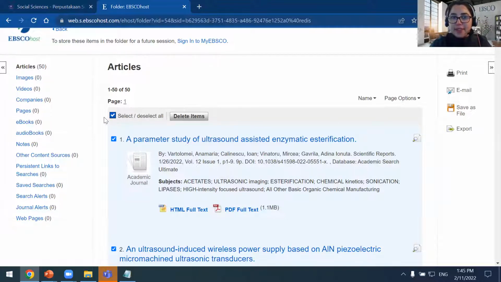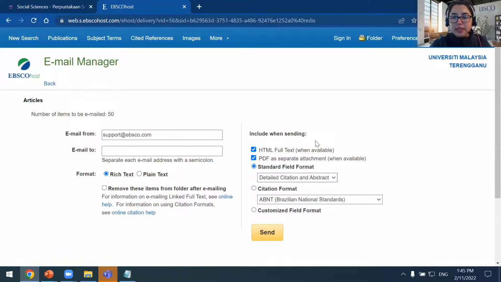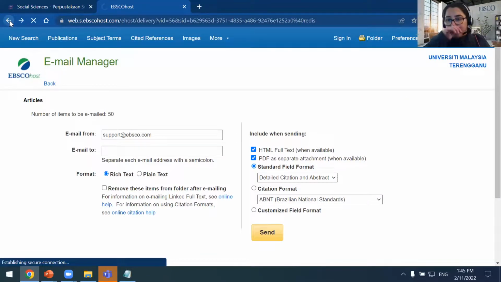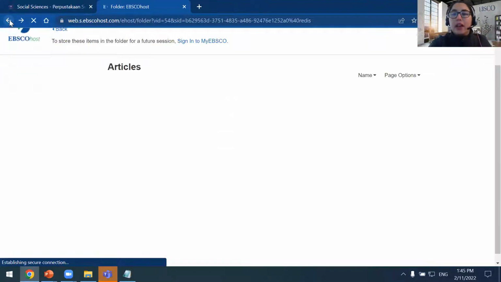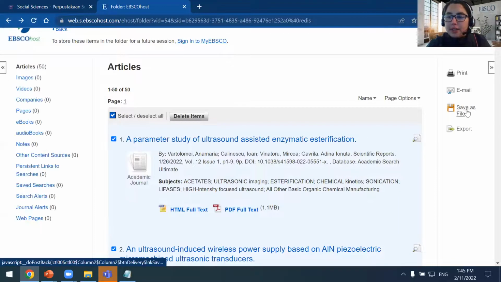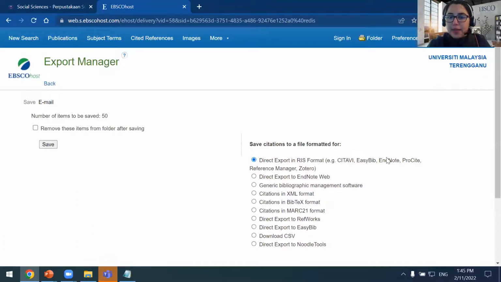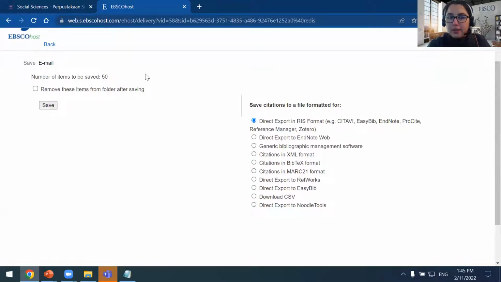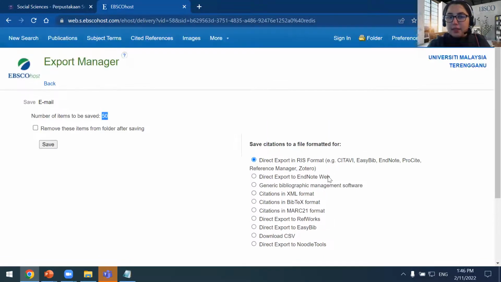Let's say I haven't signed in, I can select everything and I can either print what I've saved in the session, I can email it. So wherever there is a full text available, it will email the attachment of the full text. I also have the ability to save these locally, and I have the ability to export. So if you are using EndNote, Zotero, Mendeley, you can bulk export the items to those citation tools.